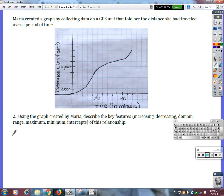All right, using the graph created by Maria, describe the key features such as increasing, decreasing, domain, range, maximum, minimum, and intercepts of this relationship. Okay, so where is the graph increasing? Yeah, from the very beginning. Does it ever go down? Okay, so that makes sense, right? Because that's the distance that they're traveling. So what that means is they never go backwards, right? They're going downriver the whole time. So increasing distance